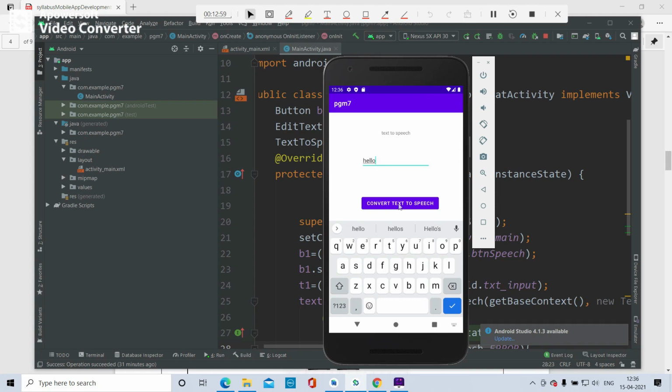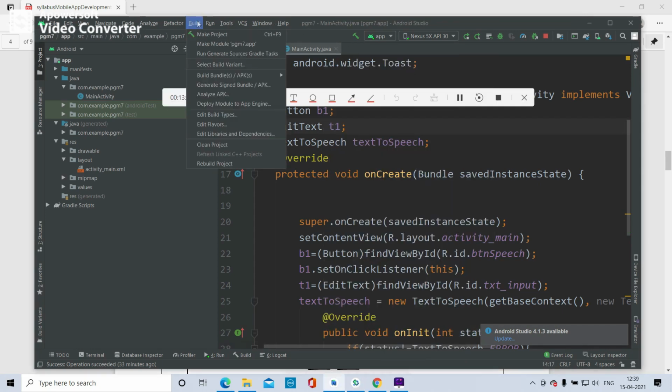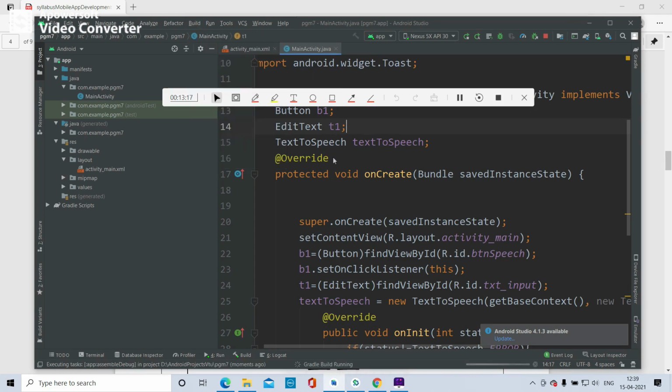I'll tell you how to connect the mobile and build the APK file. You can select Build and Build Bundles there, Build APK, okay, which creates the APK file.